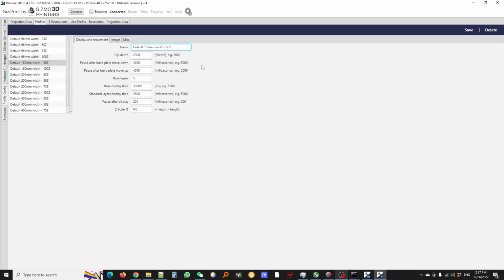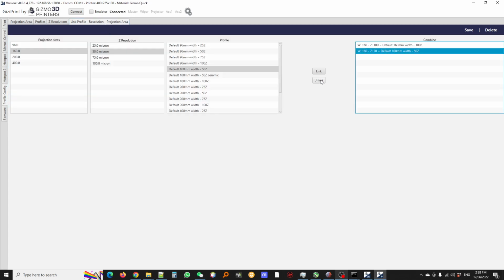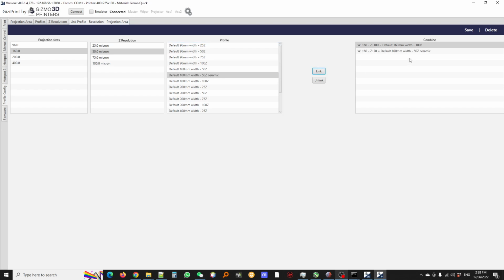Let's say it's a ceramic resin. So we make a profile for ceramic, we increase the layer display time, and now we have a 50 for ceramic and a 50 for whatever reason. You will go and unlink here and you will link ceramic. So now whenever you print 50 micron, it'll use the ceramic